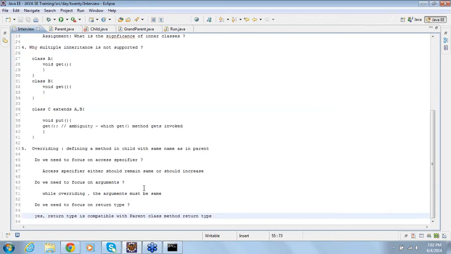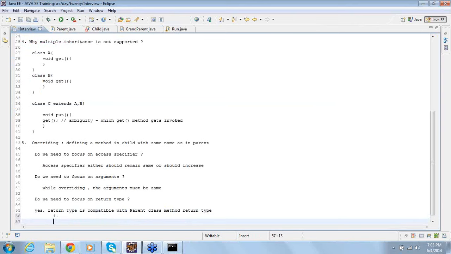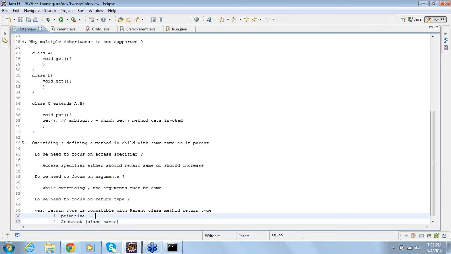So when it comes to your fundamental data types, you have to ensure that they are the same. When I say return type is compatible with the parent class return type, there are two things. One is primitive data types, your fundamental ones. The other one is your abstract, your classes, class names. When it comes to primitive data types, they must be the same.